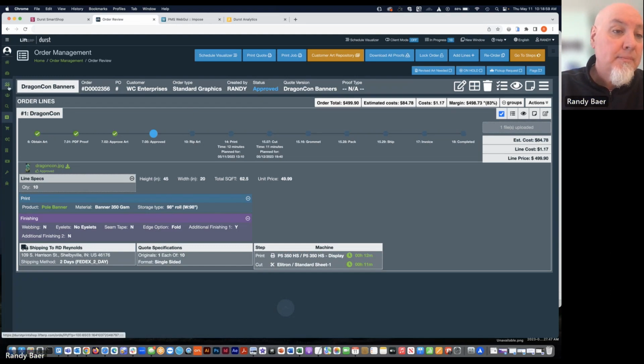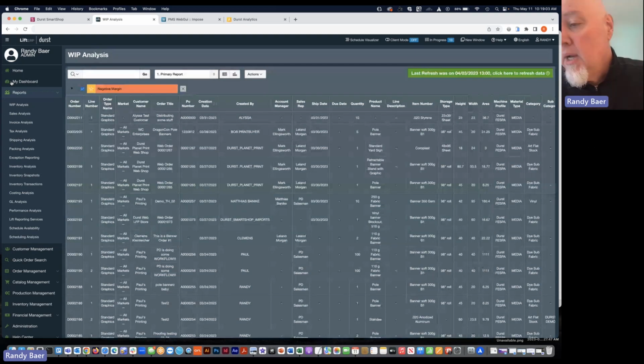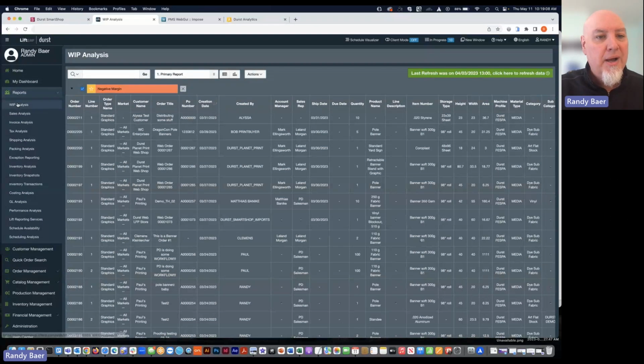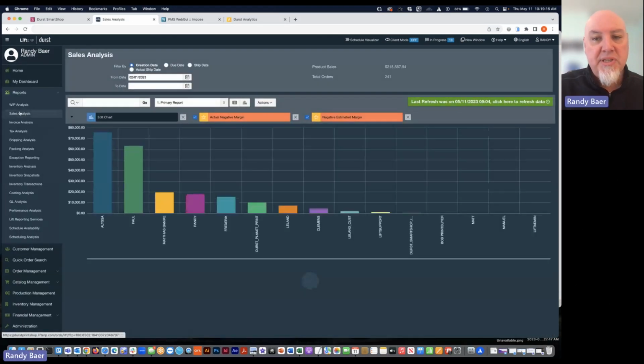Further, Lyft has a very powerful reporting system. Pretty much anything you would want to know. We have a work in progress analysis. You can get sales analysis to where you can see exactly where we are, who's doing well on sales, who's not doing well on sales. We can change the timeline however you would like.